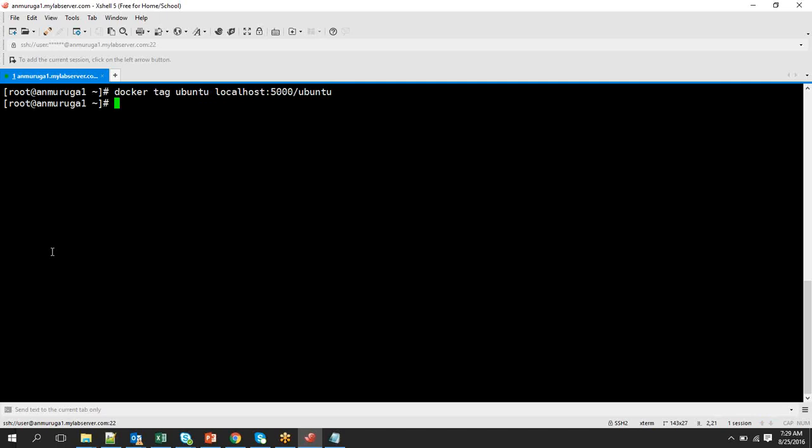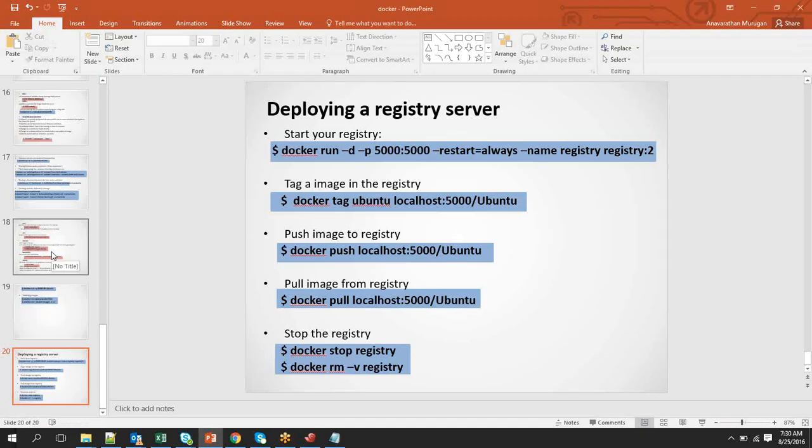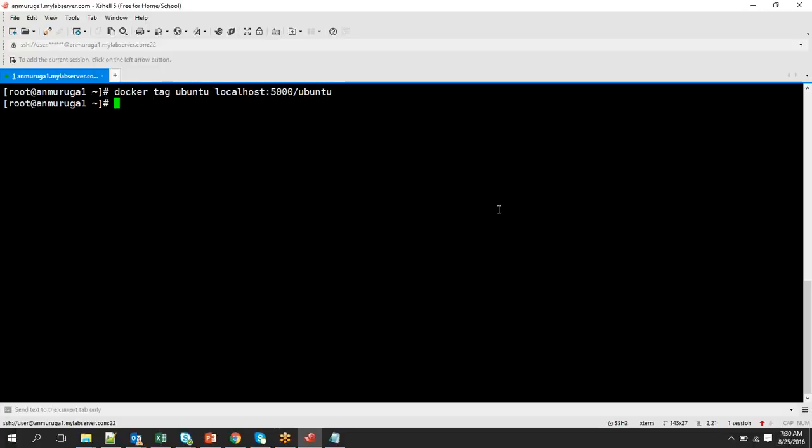After you have tagged, the next thing you need to do is actually push the image to that registry server to store it. To do that, we use the command docker push. Again, to docker push you give exactly where you're trying to push the image. That means you have now created a reference in the registry server for this image. The image will be stored permanently by taking the content from the local machine to there. So now if you just say docker push,